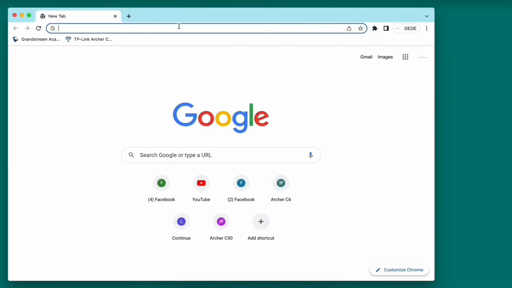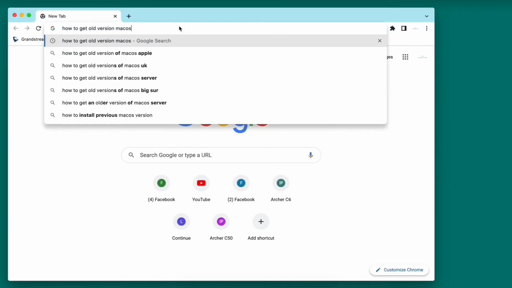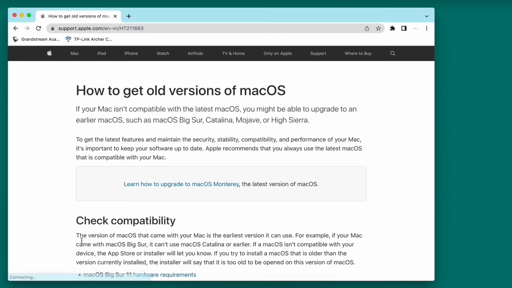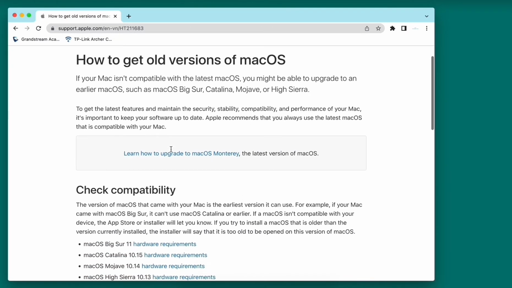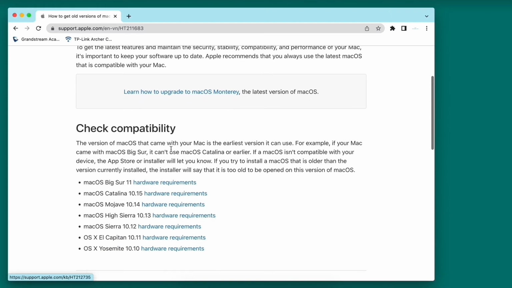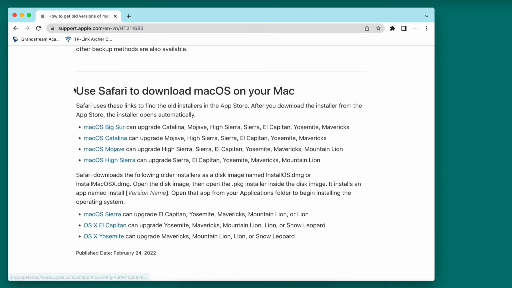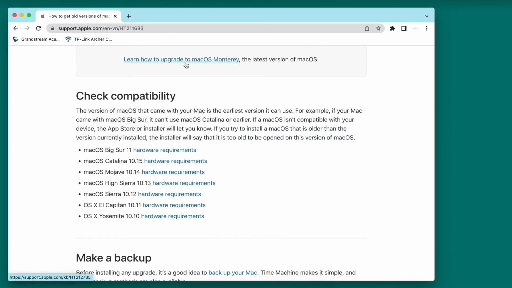This video demonstrates how I create a USB which contains multiple versions of macOS. First thing you want to do is get into the Apple Support website. From there, you can check the compatibility on which version you might want to install. It also shows how you can get the older versions of macOS. And if you want to get the latest version, you can find the download link in here, as I'm gonna